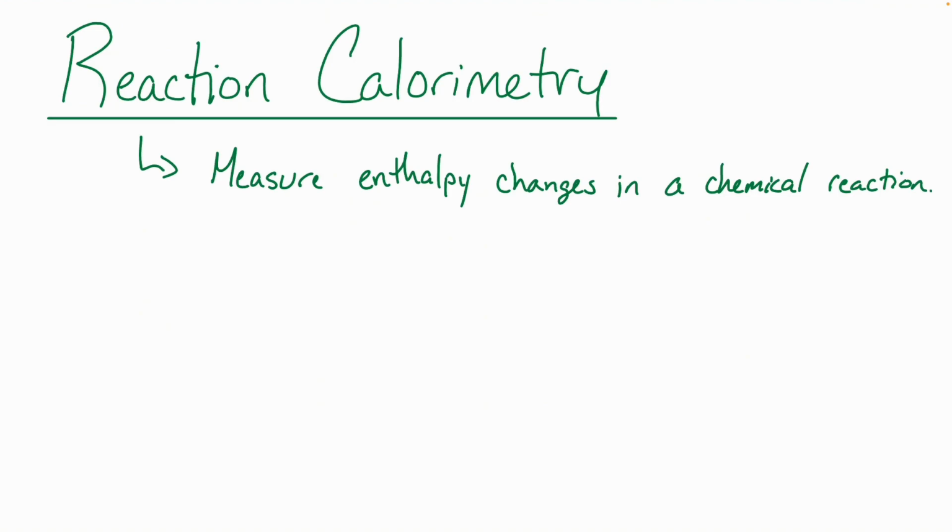We talked about how, given that balanced chemical equation, we have a few different methods that we can use to figure out what our reaction enthalpy is. Well, how did they get those numbers in the first place? How does one go in there and measure the enthalpy of a reaction? It's going to use calorimetry. So let's review real quick our calorimetry.